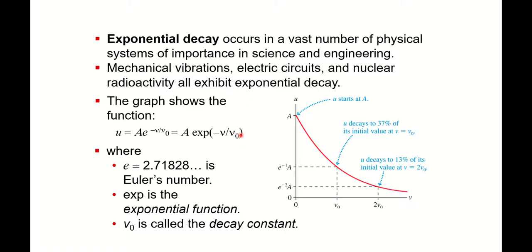All those constants had units of inverse time times time, and after one time constant, that quantity has decayed to 37% of its initial value. After two time constants, it's 13%, and so on and so forth. You can look at how long it takes to decay back down to zero, and all of that is really captured in whatever that decay constant is, that constant term in the exponent of that function.